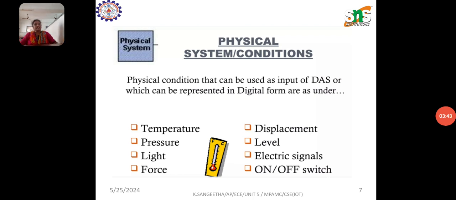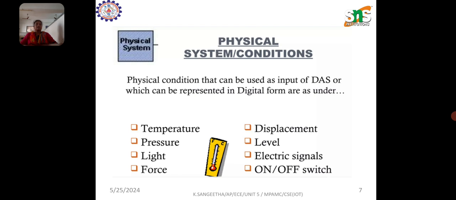So the next one is physical systems or conditions. The common physical systems and conditions are temperature. For temperature, thermocouples, RTD, that is resistance temperature detectors, thermistors and LM35 are used. LM35 we have seen in the last video itself. And for pressure, strain gauges, piezoelectric sensors and capacitive pressure sensors are used. They are mainly used for automotive testing, aerospace, fluid dynamics and weather forecasting. And humidity,